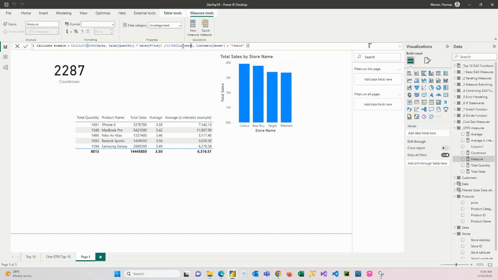A good practice would be to put these on separate lines, so it makes the code a little bit more readable. But anyway, what we're doing here, we're doing the sum x to get the total sales amount, and then we're saying we want to filter all the sales in this expression where our related table, customers, is female. So if we push enter there,